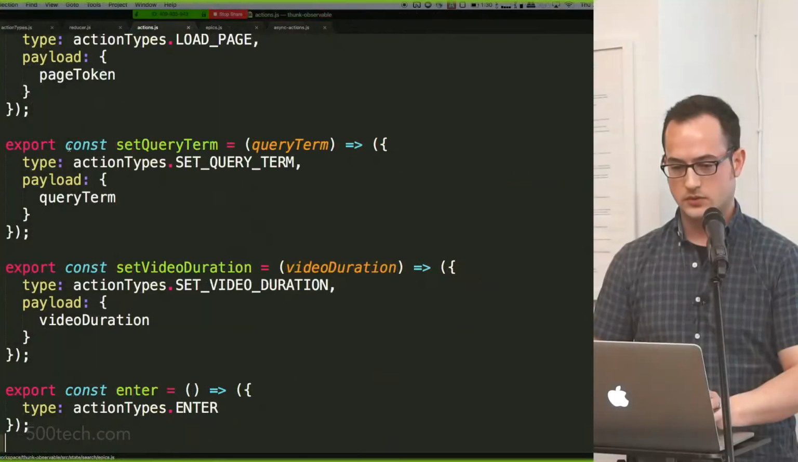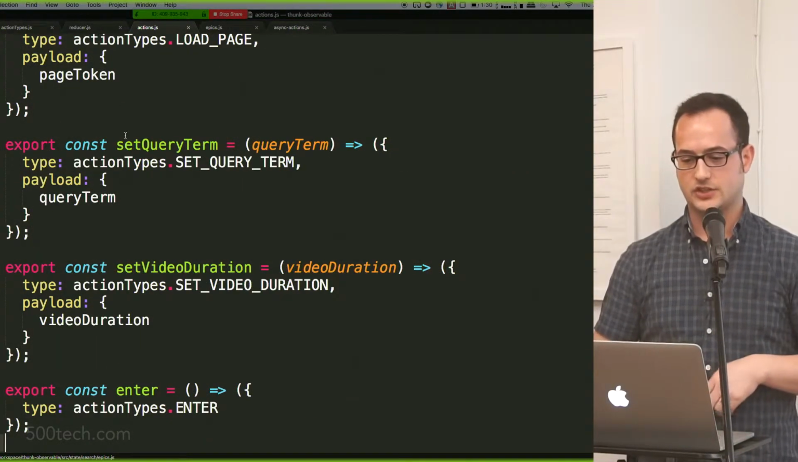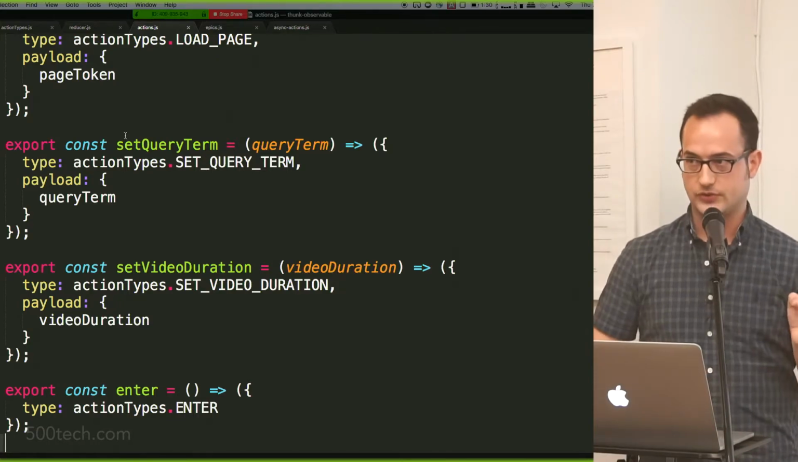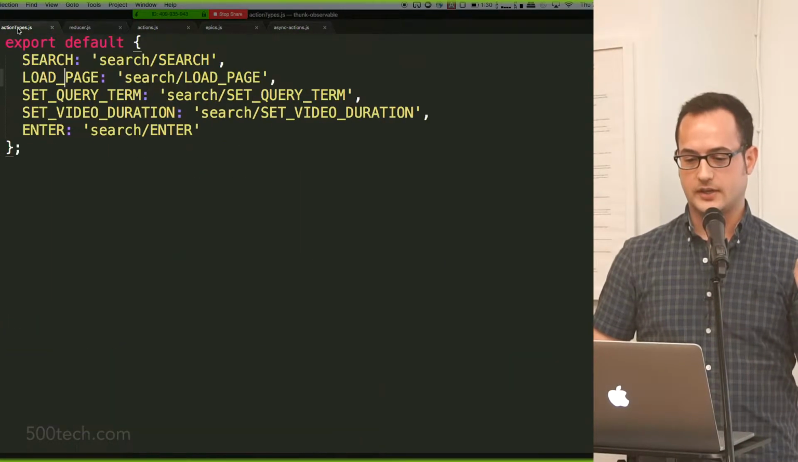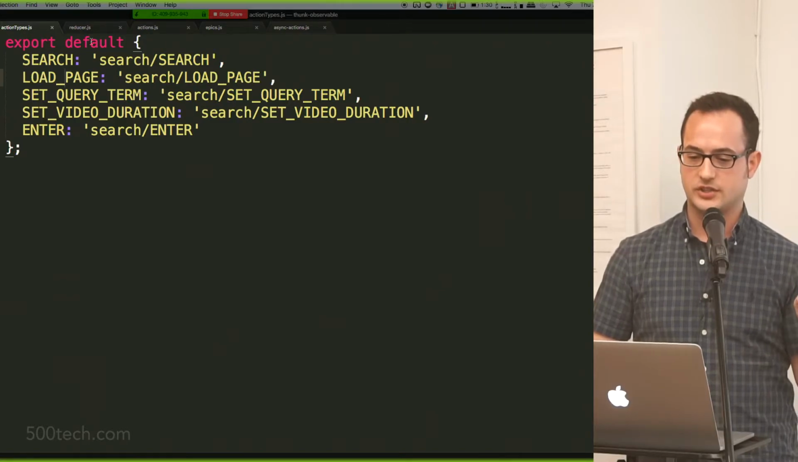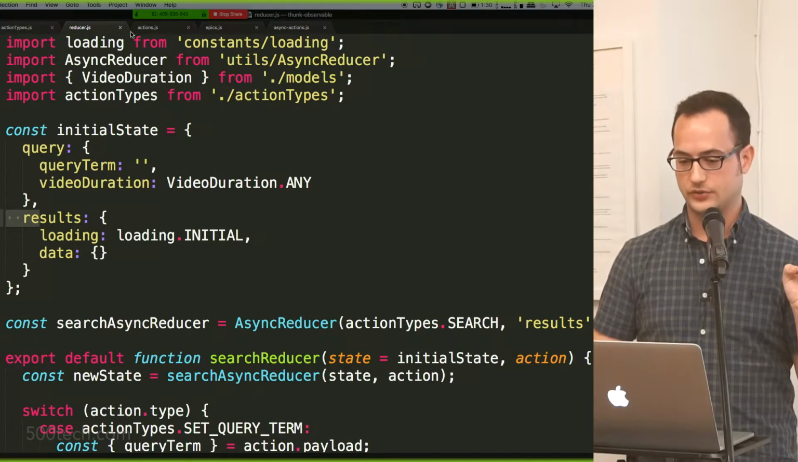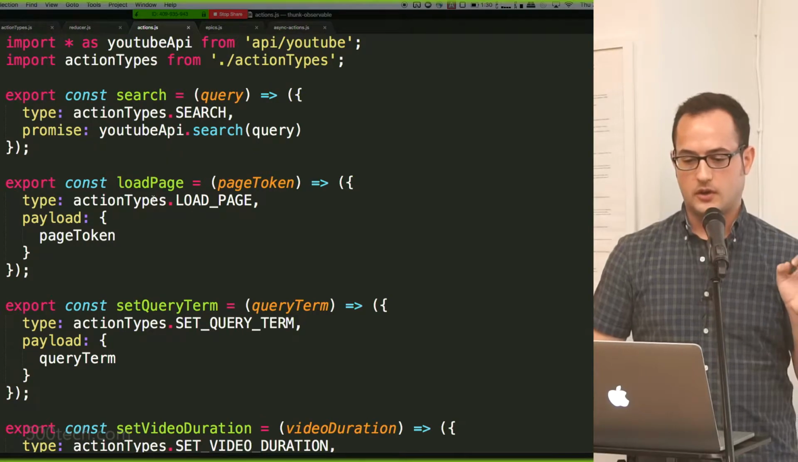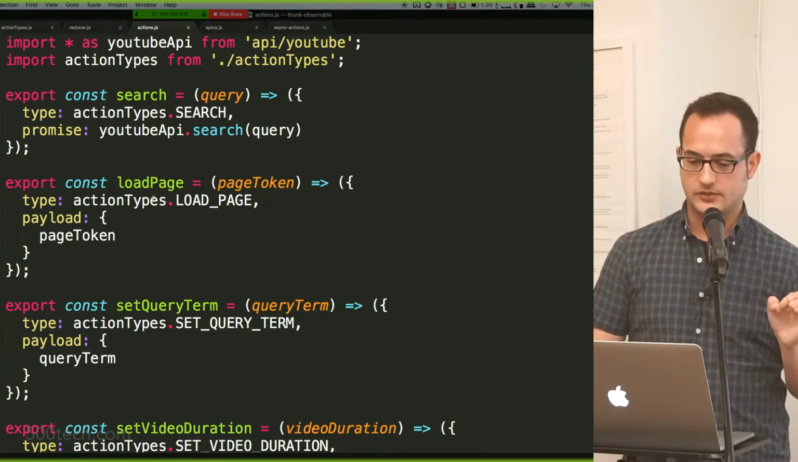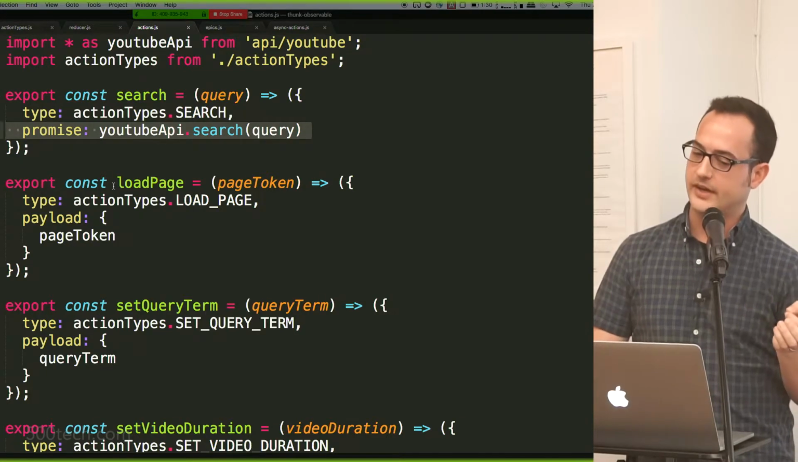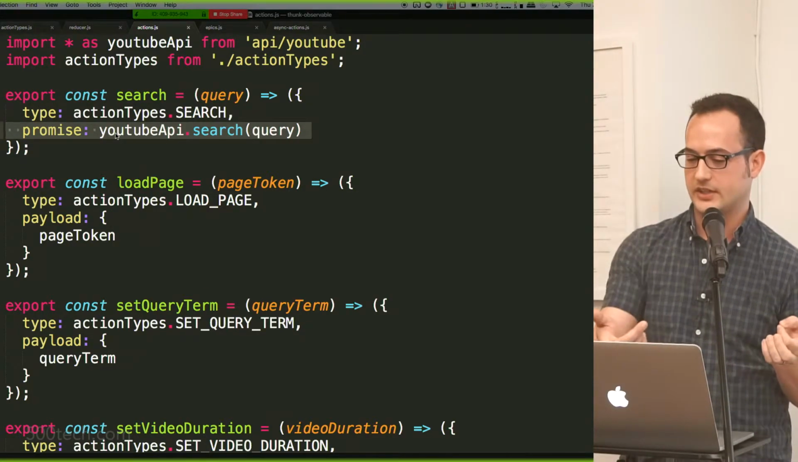So let's go back to these actions. Now that we've introduced observables, we'll never touch again. Well, okay, I lied. We'll touch action types one more time, but we won't come back to the reducer. Actions, though, are tremendously simplified. These are all just about pure actions, with the exception that there is a side effect being instantiated from this